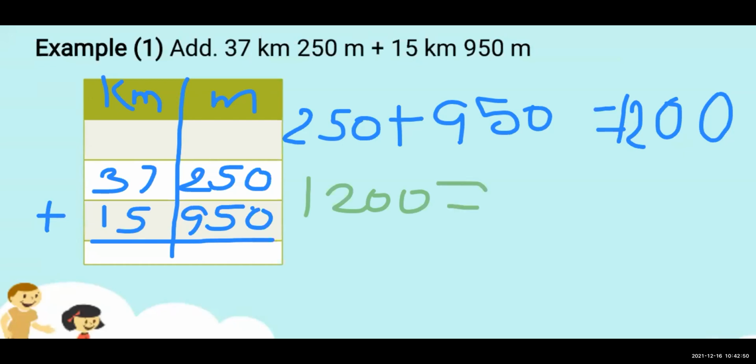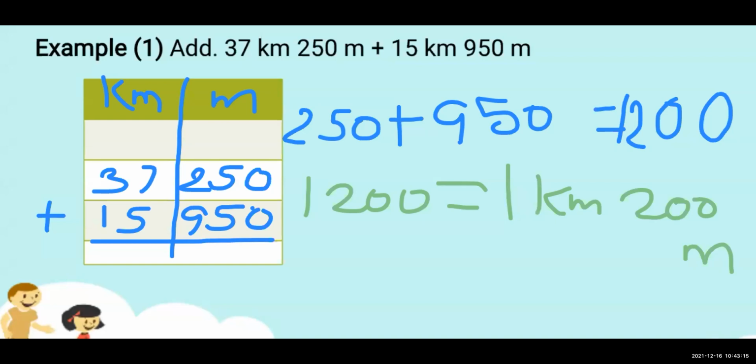Now here 1200 means 1 kilometer 200 meter. Clear here how you are going to bifurcate? 1 kilometer 200 meter. After adding 250 plus 950, we are getting 1200.